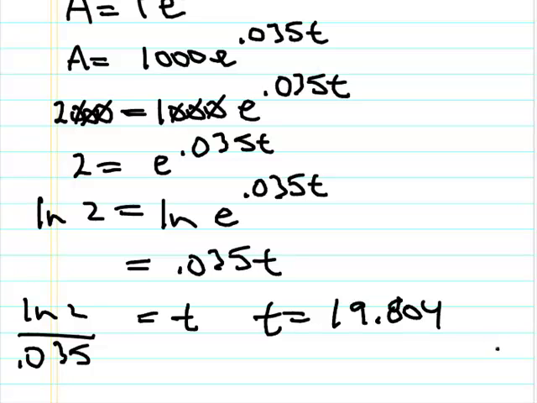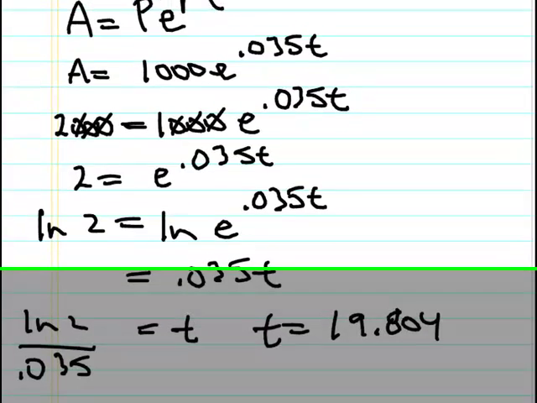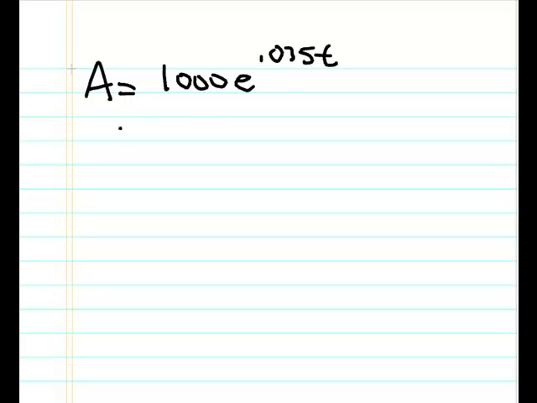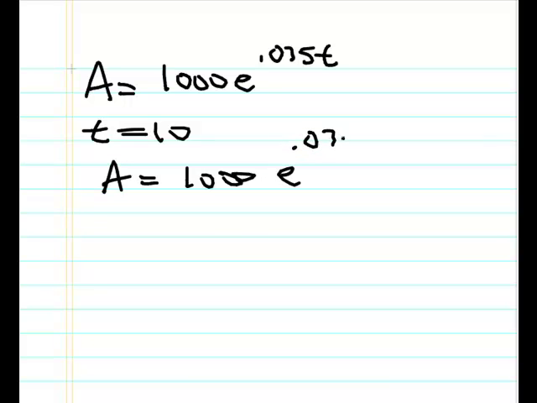We're also asked to find the amount after 10 years. So the amount after 10 years, again, my model A is equal to 1,000 e to the 0.035 t. We're going to plug in t is equal to 10, and we get the amount is 1,000 times e to the 0.035 times 10, which is 1,000